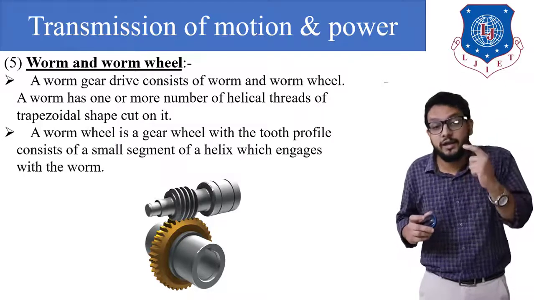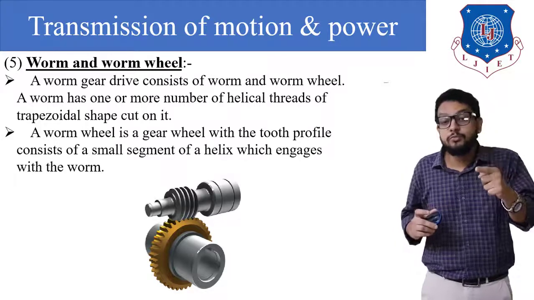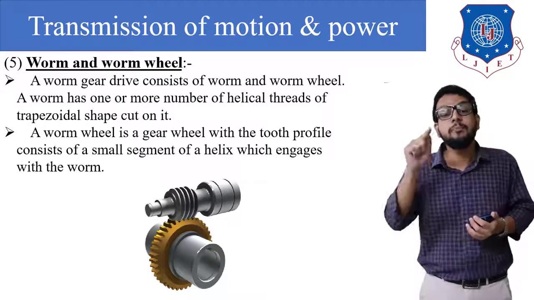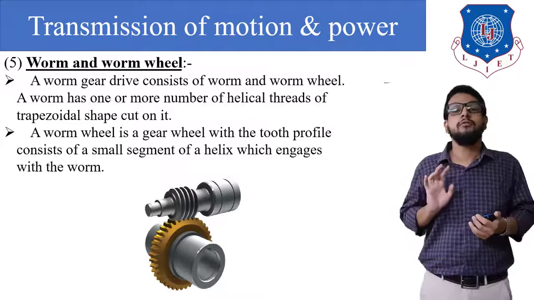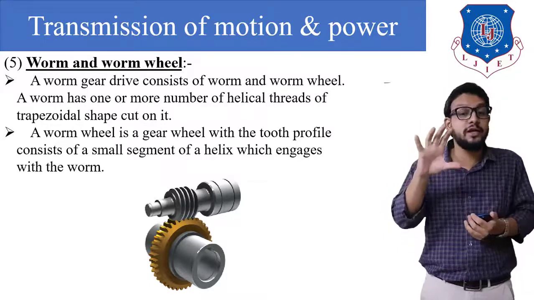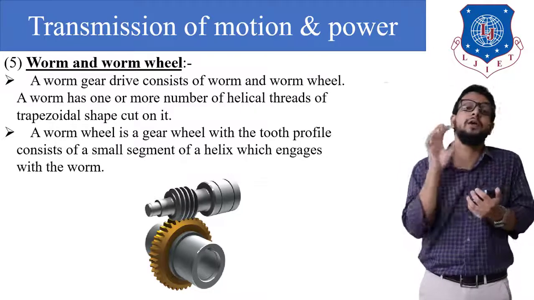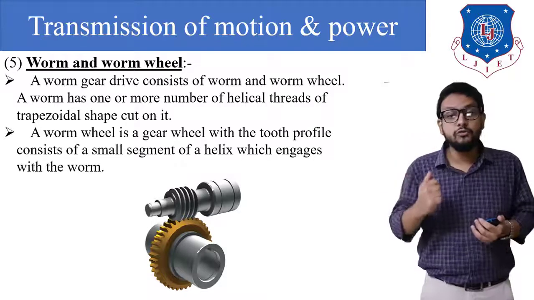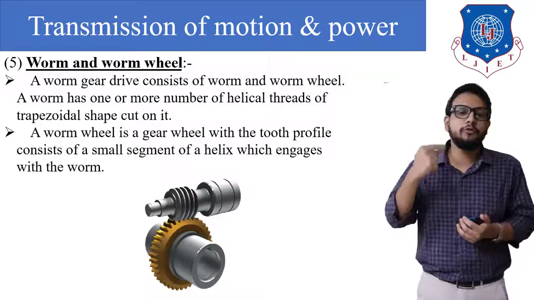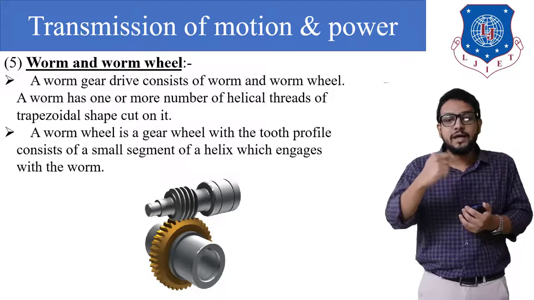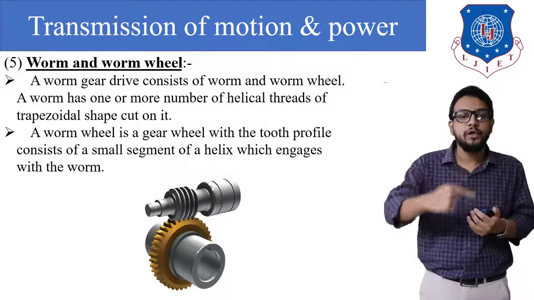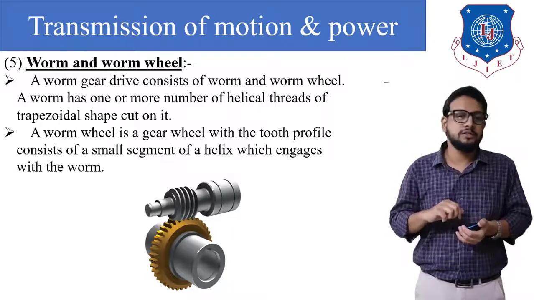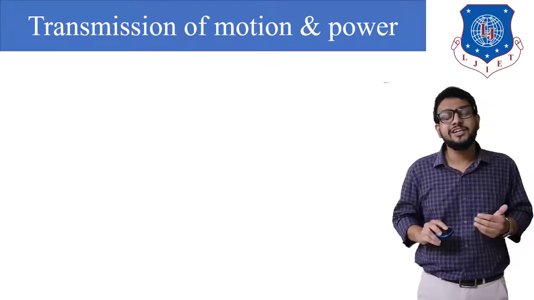So when the worm performs 2000 revolutions in 1 minute, the worm wheel will perform 200 revolutions in 1 minute. So this is a much larger difference. You can see a 10 times reduction in speed that we can achieve by using this arrangement. Now why is it called a worm? When you look at the rotational motion of a worm, it looks like an earthworm is moving. Because of that, the arrangement is named worm and worm wheel. It is very simple. Now let's see the next type.